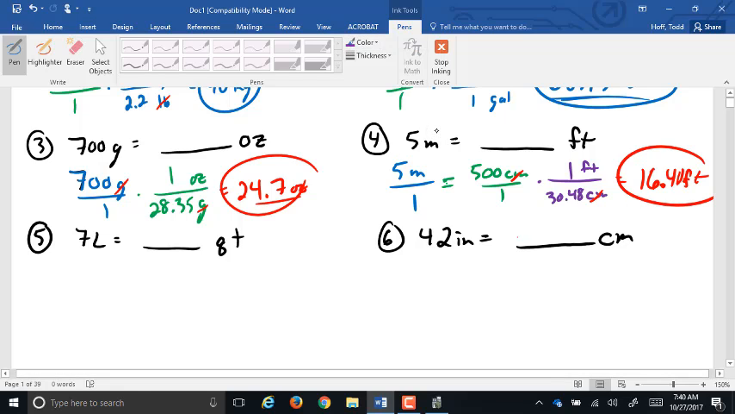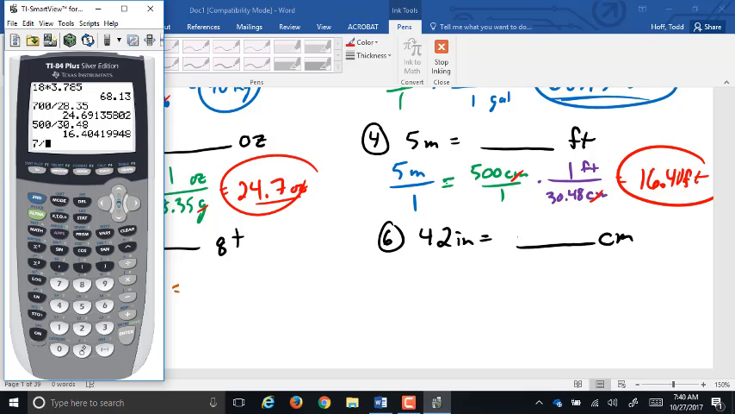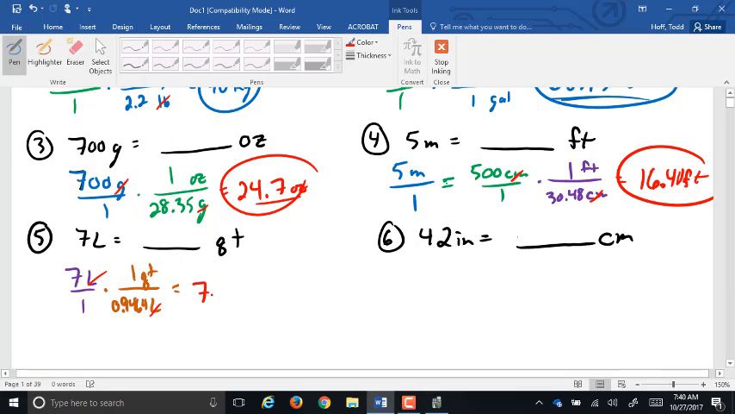7 liters into quarts. Well, is there a direct translation from liters to quarts in there? What's it say? 0.9464 liters, okay? So we have to take the 7 divided by 0.9464. Gives us 7.40 quarts. There's about a 5% difference. I believe usually they say that 1 liter is 1.05 quarts. It's about a 5% difference, a little more than a 5%